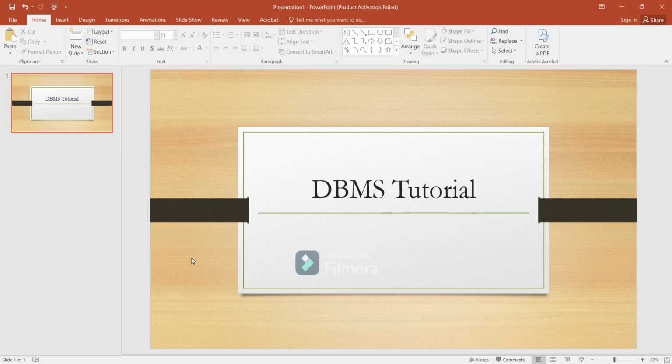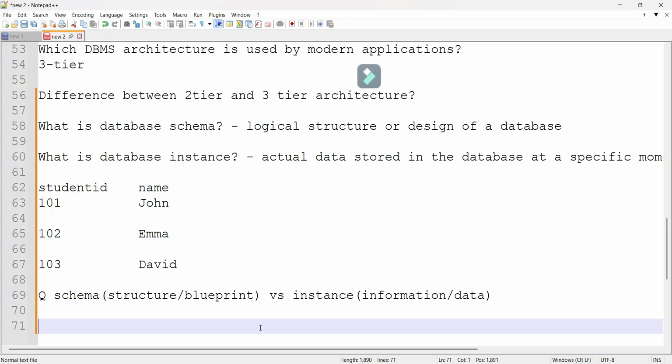The next question is which SQL commands change the schema. Create changes the schema, alter changes the schema, and drop also changes the schema. These are the three commands which change the schema.